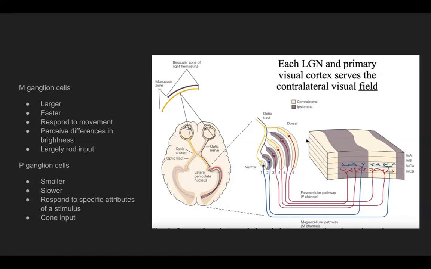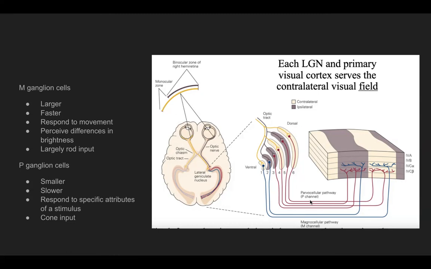And then the P cells, we see that they're smaller, they're slower, they can respond to specific attributes of stimulus, and they're mostly cone input. So these P cells are more focused on color, texture, fine detail, which corresponds to why it's cone